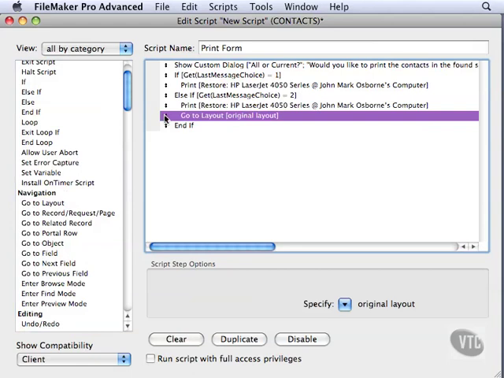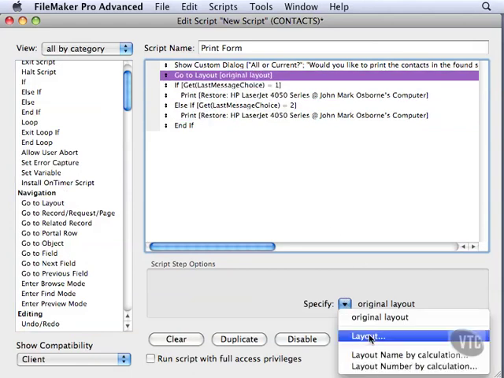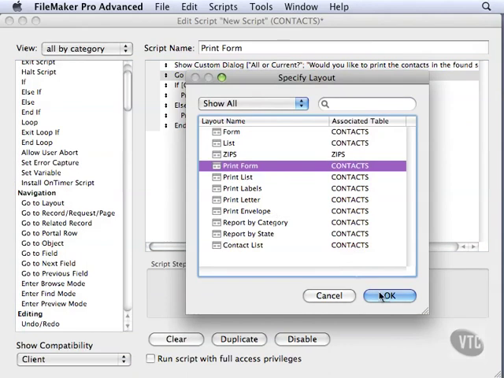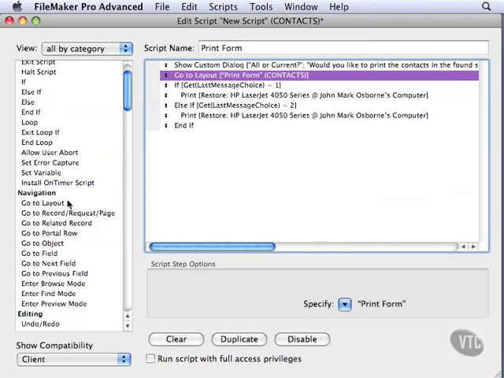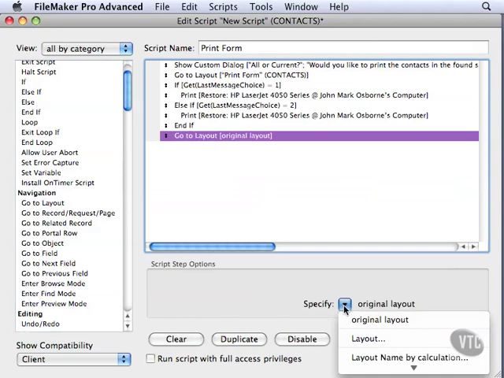We'll put go to layout in here. That will be going to our print form layout. And then once we're done, we need to go back to the original layout. Now the original layout isn't a real layout. It's a feature on the go to layout step that says go back to the layout where I click the